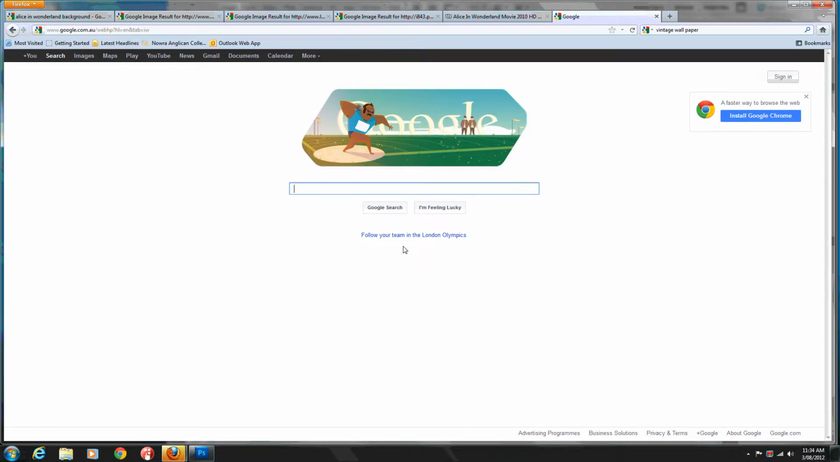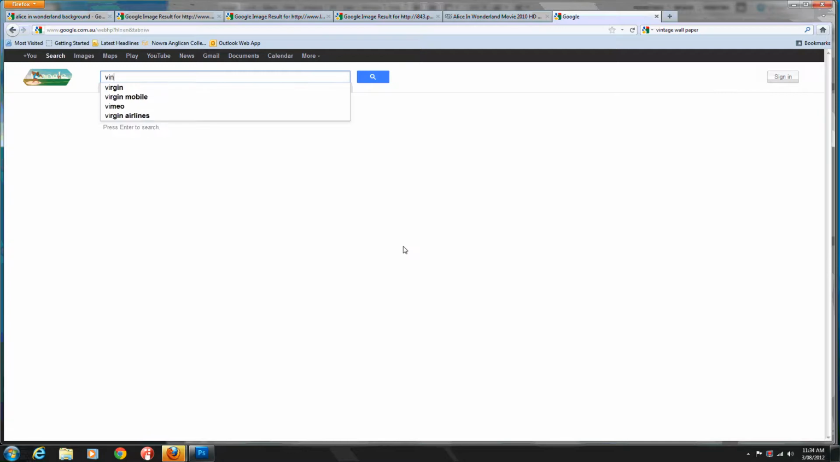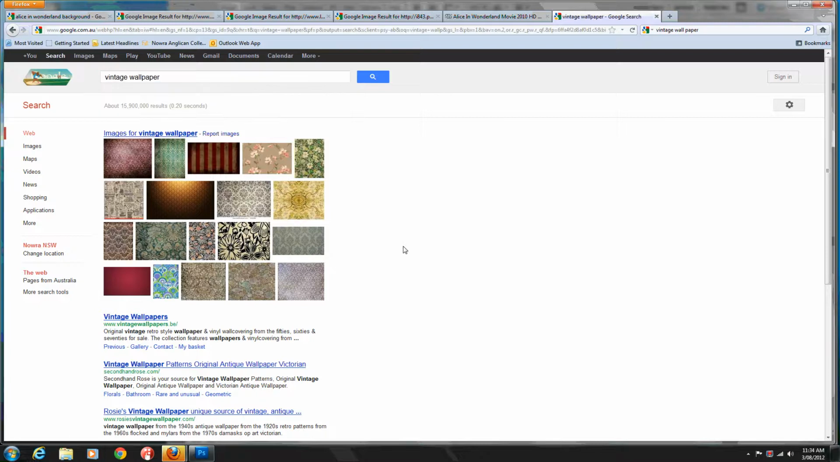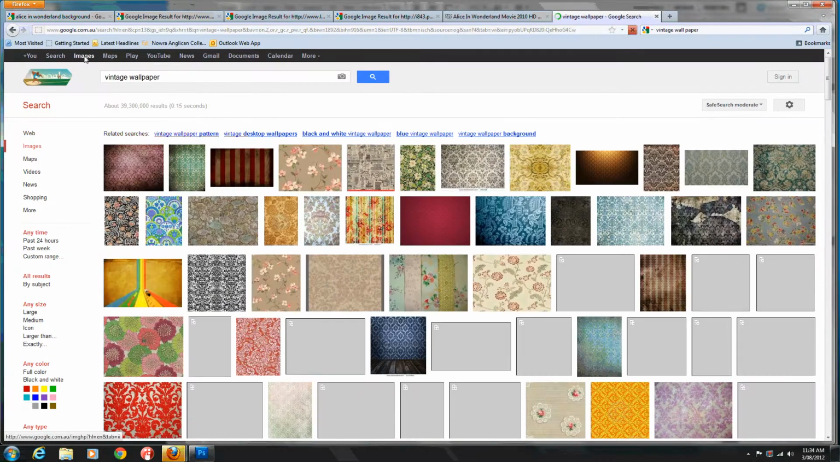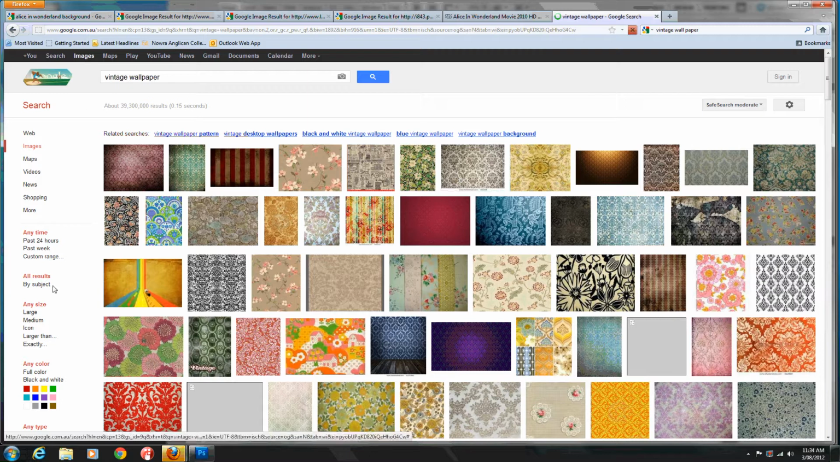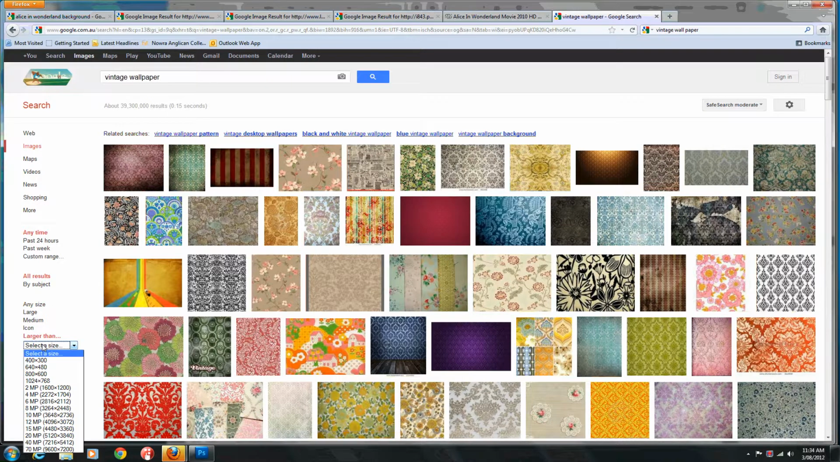If I want to search for, say, a vintage wallpaper, we can find some really interesting textures and patterns to work with. So I've gone into Google, I've clicked images for an image search. Really important thing to do, make sure, because we're working with quite large file sizes with your photos, I want you to try to select